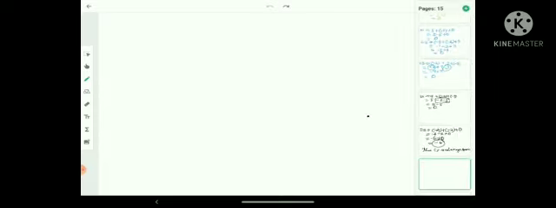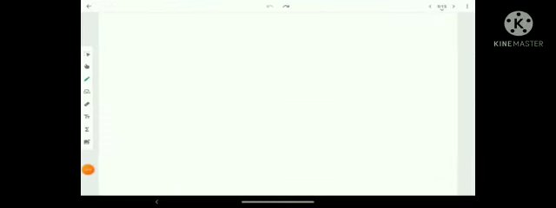Page number 4, next sum. So that means second in the same sum, second problem. Second problem, as this we have to do this. So row 1, row 2. So now I will do with violet. So kindly refer the book for the question. 2, 2, 1. So row 1,